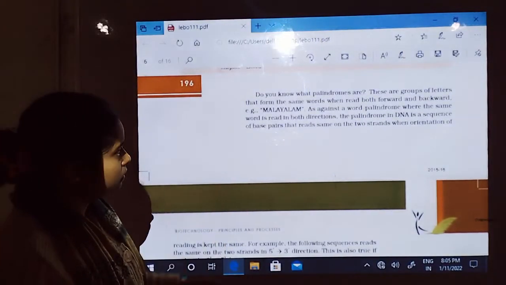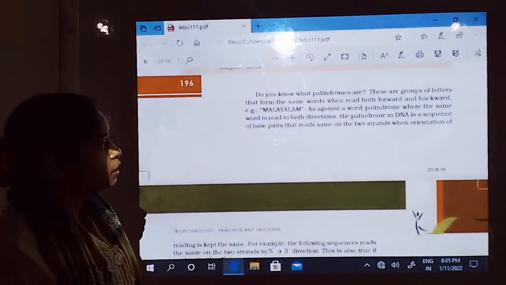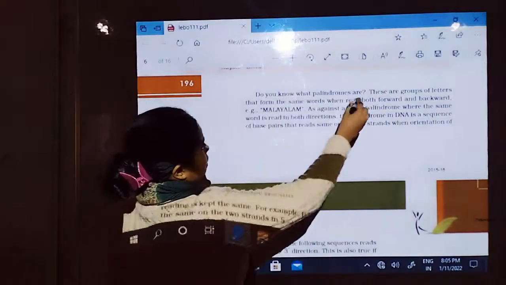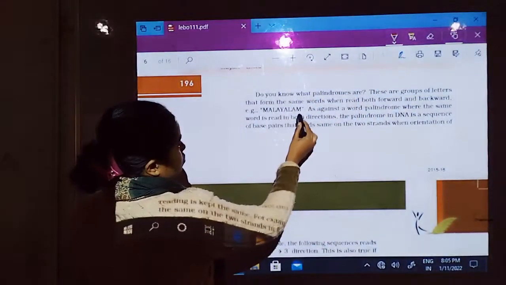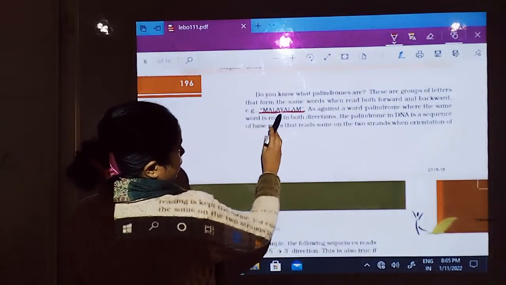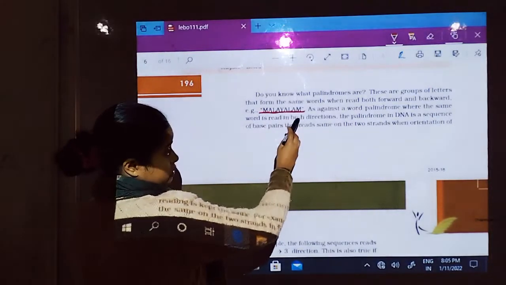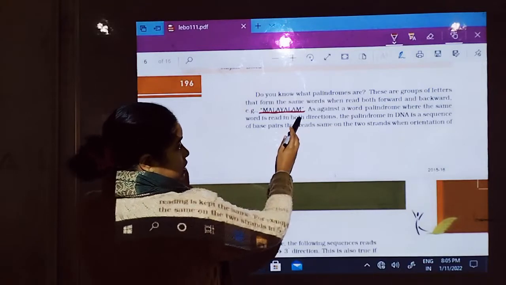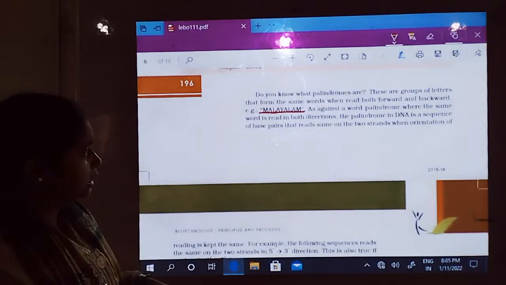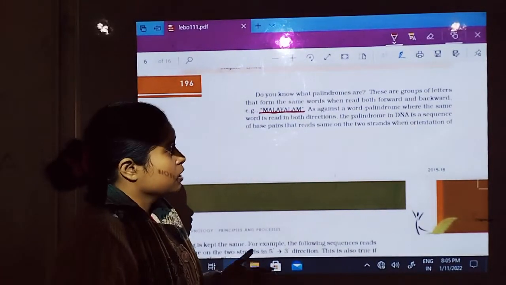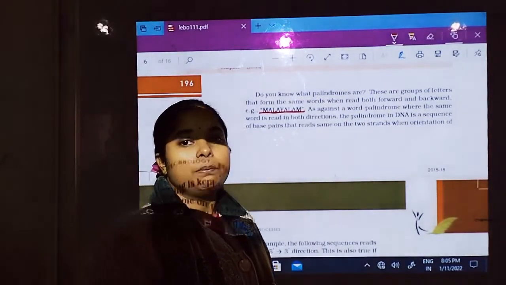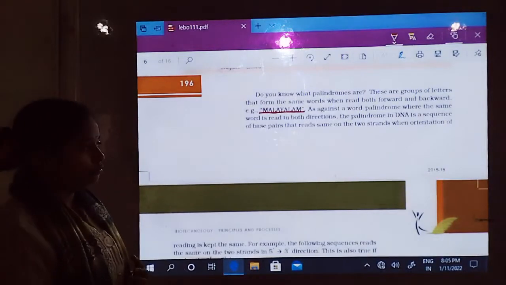Now in this paragraph it is explained how we can form a palindromic sequence. One example is Malayalam. When we read this word from left to right, it is Malayalam, and when we read the same word from right to left, it is again Malayalam. Left to right shows a similar meaning, and right to left shows a similar meaning. So this is shown by the palindromic sequence. That's why we are using the palindromic sequence for the ligation of two strands